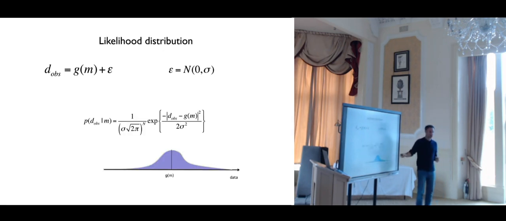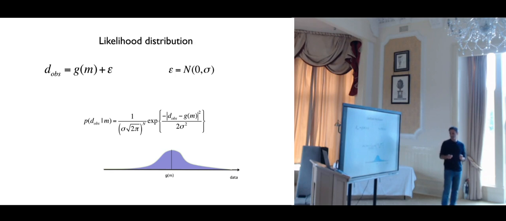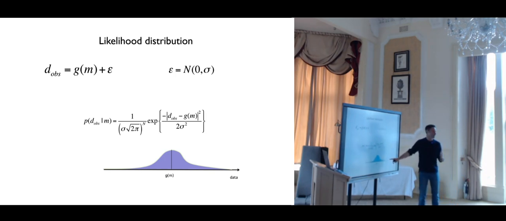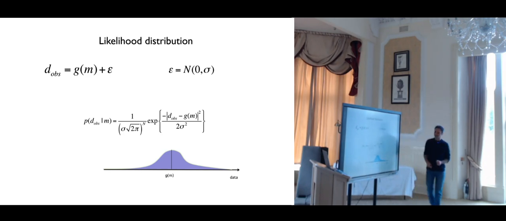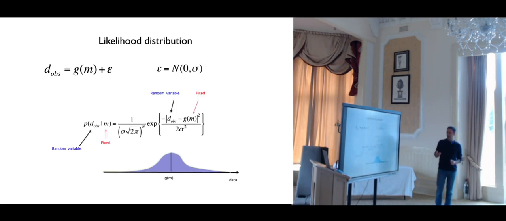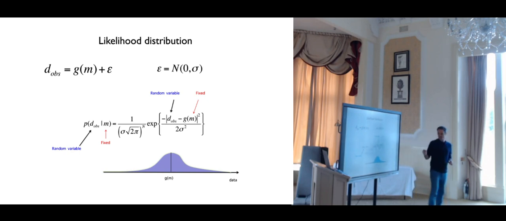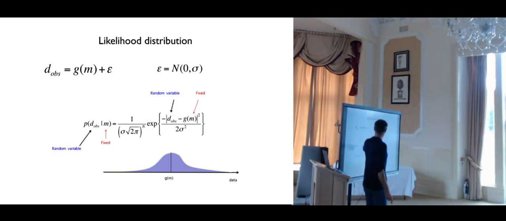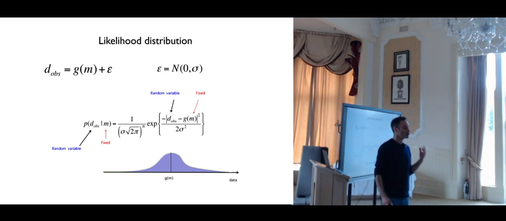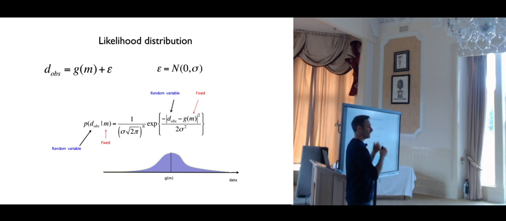We are in the data space. What's the probability to observe the data for a given model? The model is fixed. The model, the Earth, is fixed. And you have, in the data space, a Gaussian function. And sigma is the error in the data. And so again, the model is fixed, and the data is the random variable. And so this P here, the meaning of this P is the probability of occurrence of a random process. We have a random process, which is the noise in the data. And because of this random process, we have different realizations of the data.